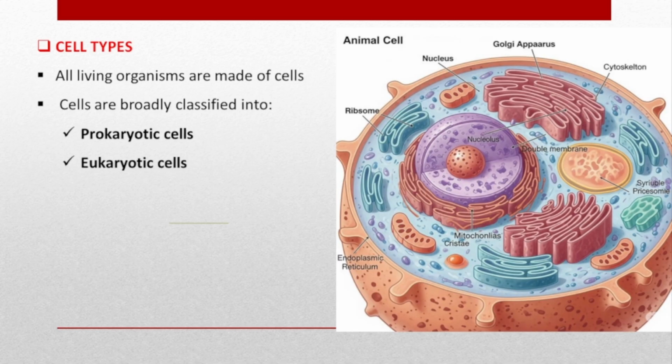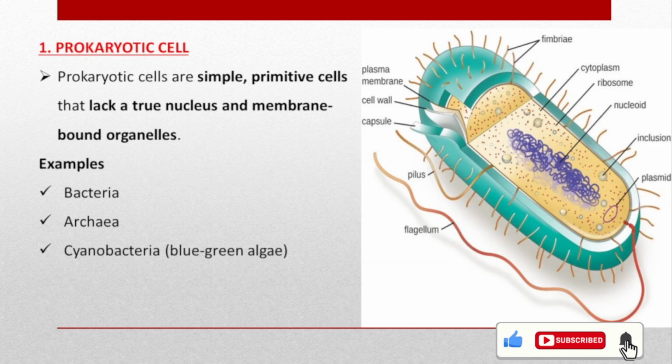So the cell is the structural and functional unit of life. Every living thing comes from these cells. All living organisms are made up of cells, and cells are broadly classified into two types: prokaryotic cells and eukaryotic cells. Prokaryotic cells are simple, primitive cells that lack a true nucleus and membrane